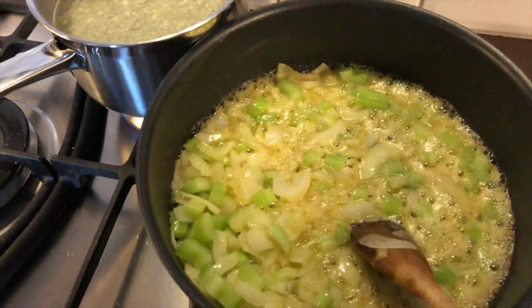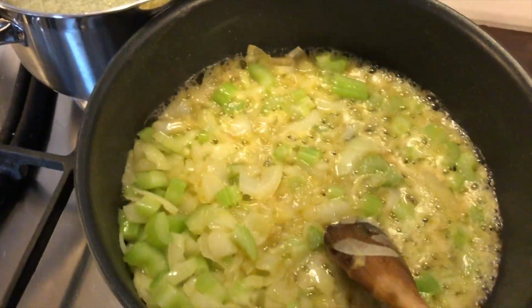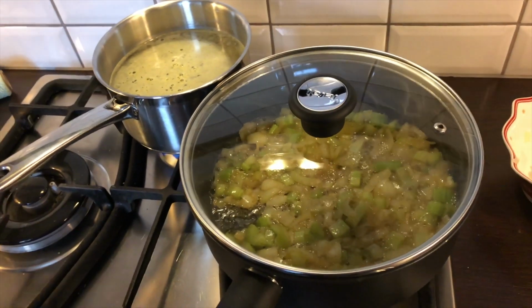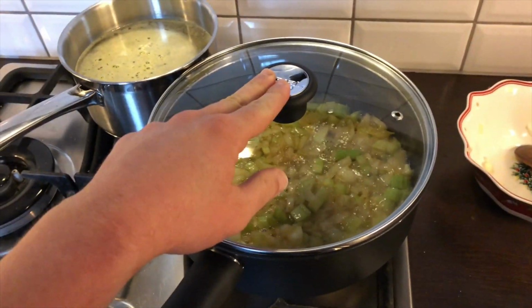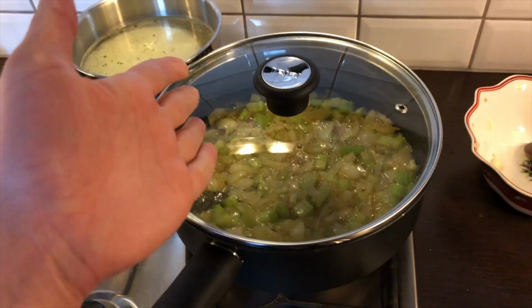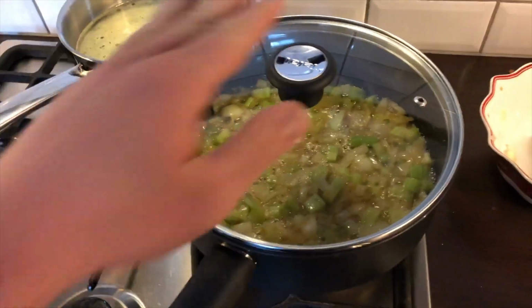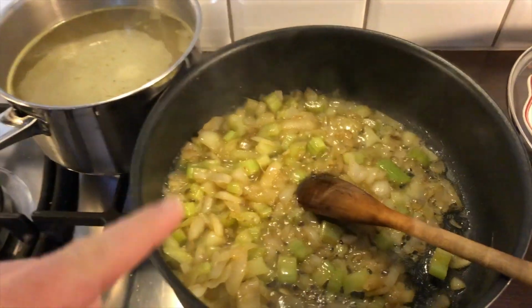So it's halfway there. We're gonna add a little bit of black pepper. Just leave it in there. It's to be soft. If you think it's taking too long and the celery is still a little bit hard, then put the lid on. That's always the one solution you can go to make whatever you need soft in your pan. Put the lid on and it will become soft no matter what. Now that everything is soft,